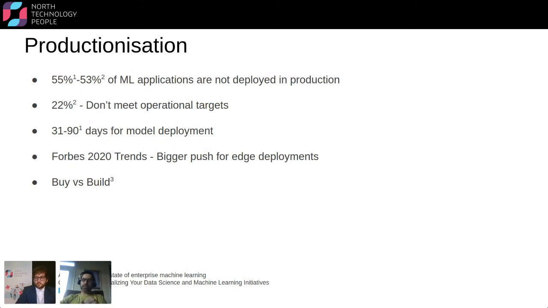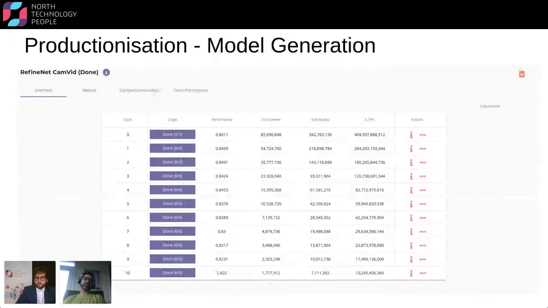How are we helping with it? Another product that we have is Jensen, which helps in model generation. How does it work? You feed in your own trained model, which you have developed. Currently, we only support deep learning models, vision-based problems specifically. When you feed these models into our product, we'll give you multiple optimized versions of the model that will give you the same accuracy, but require much less computational complexity. And the size of these models is much, much smaller.